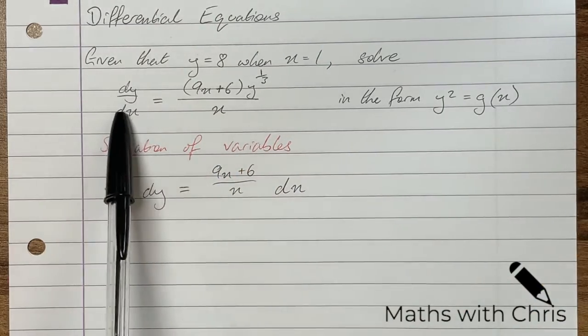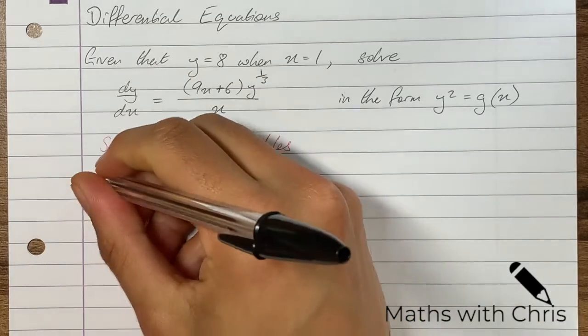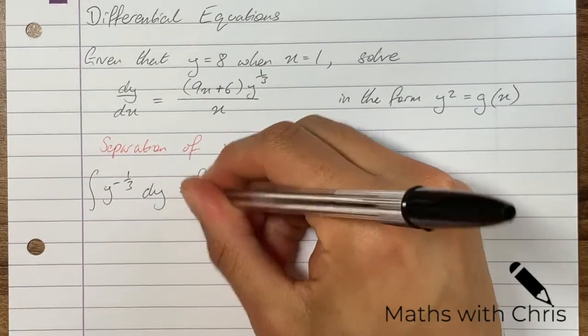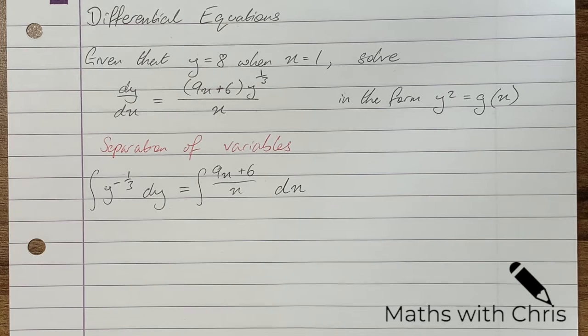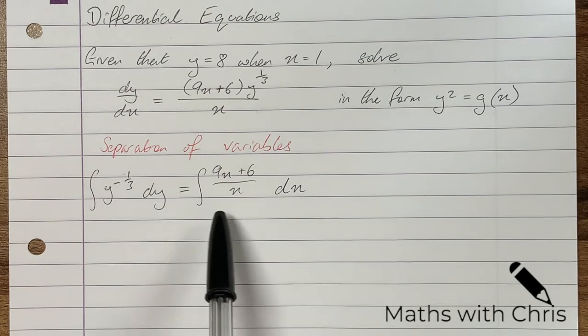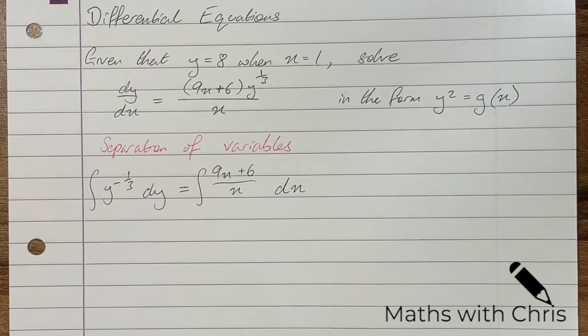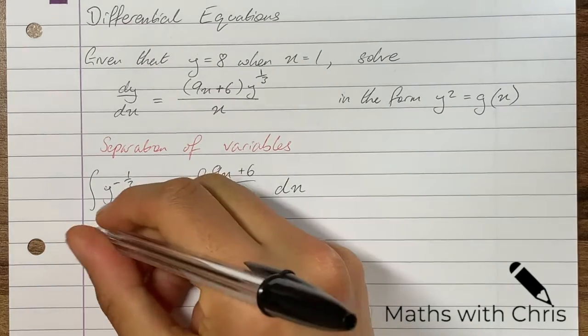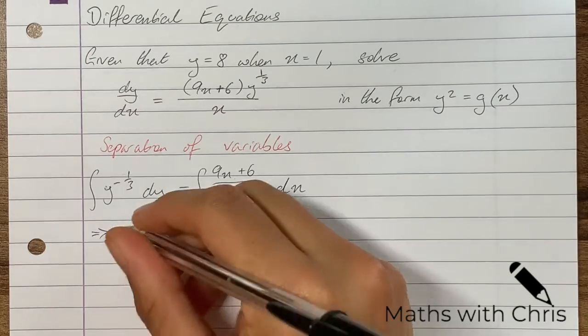Now how come we move the dx onto the other side? It's because we're going to integrate both sides. So now we've got two integrals. We've got one on the left, which is all in terms of y, and one on the right, which is all in terms of x. So now we can do these. So integrating this,